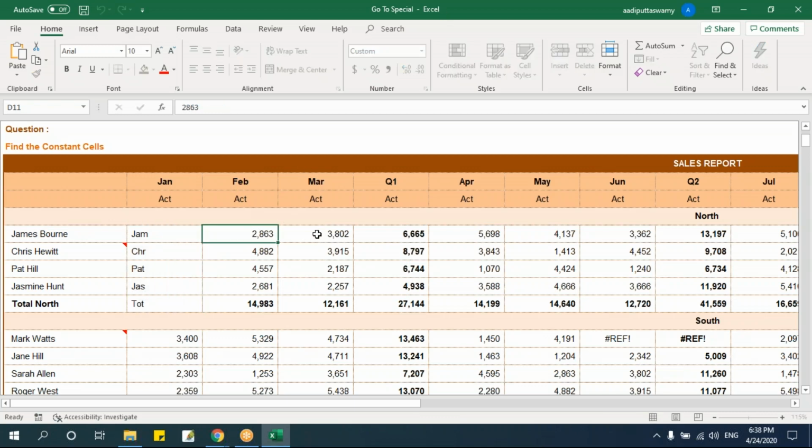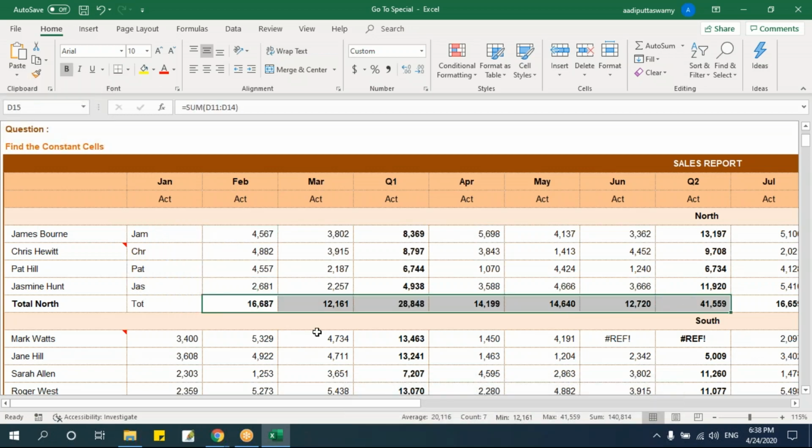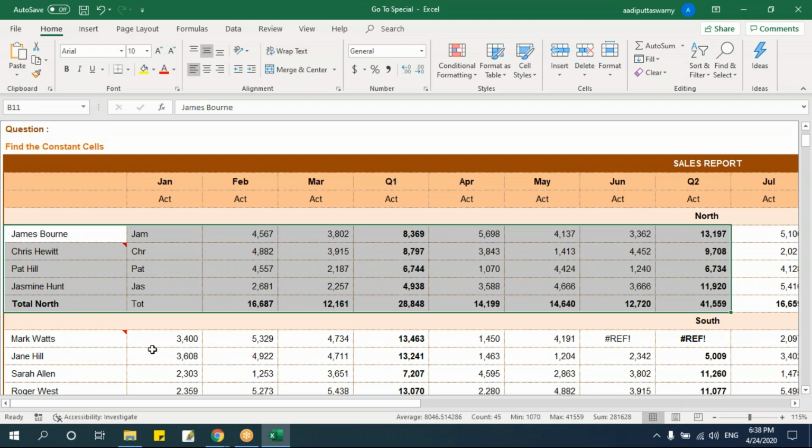Let's observe. These are constant values. Constant values means they will not change. They are fixed values. Formulas will change. If I change this value, here I'll get a change. So these are formulas, these are constant. If you go and check, the constant value can be a text or a number, and formulas can be text functions or number functions as well. So what I'll do, I want to select all the constant values. Let me select only this range. In this I want to select only constants.